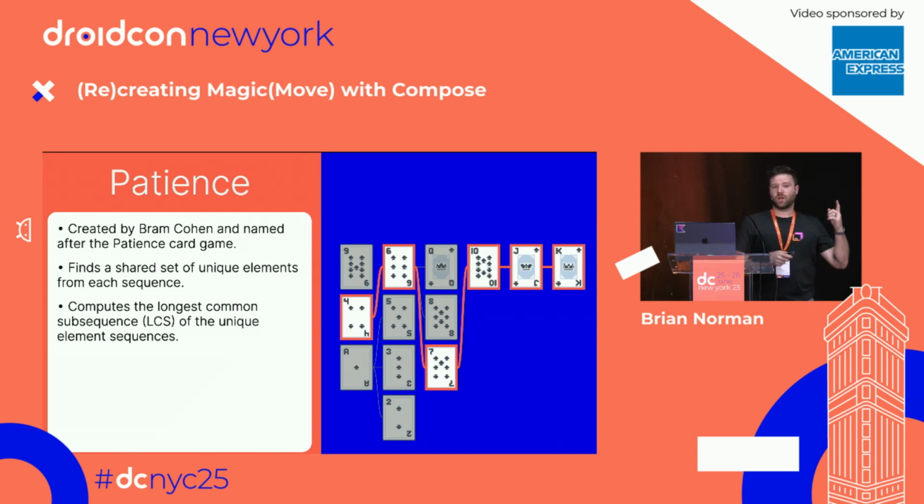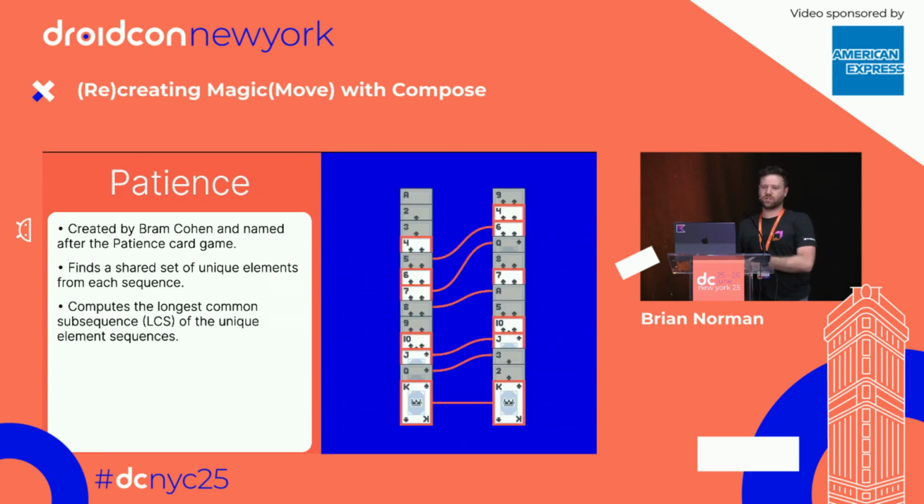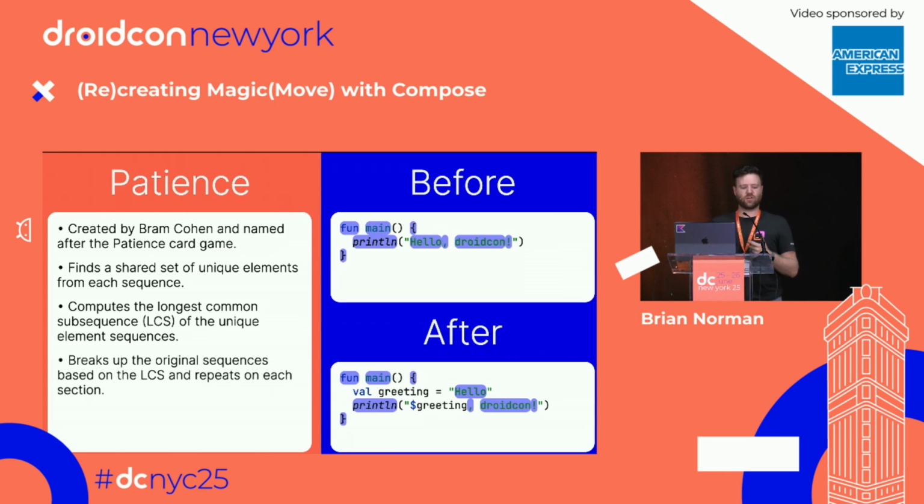And we know from when we sorted all of the unique elements at the beginning from the before, it was always increasing. It was from ace to king. So as we take this back and match it up to our original list, we can see that none of these lines cross anymore. So then Patience uses this to break down that diff. It says these elements are always matched, these are always shared between before and after, and we'll just take each of those sections that it creates and we'll recurse. We'll do this again. And if we can't find unique elements, it'll fall back to Myers as the diff,